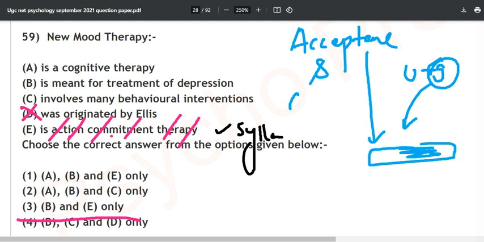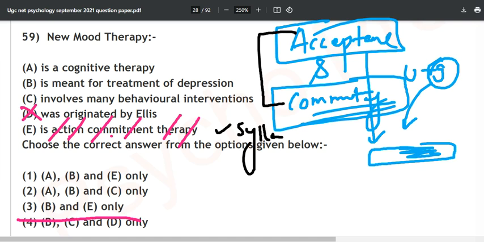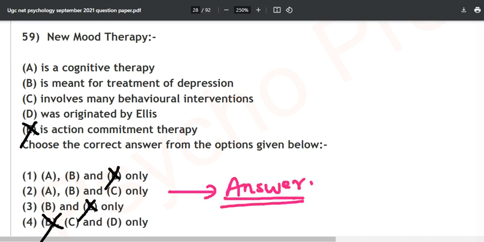this acceptance and commitment therapy by Stephen C. Hayes. And we have also discussed Stephen C. Hayes in the PYQ videos which we are solving. So as soon as you read acceptance and commitment therapy, you know you have read about it, and it is nothing mentioned in the syllabus as well. So we can take a chance and eliminate this E option. E is not going to be the answer. So as soon as we eliminate E, we got the answer, and this is the only answer.